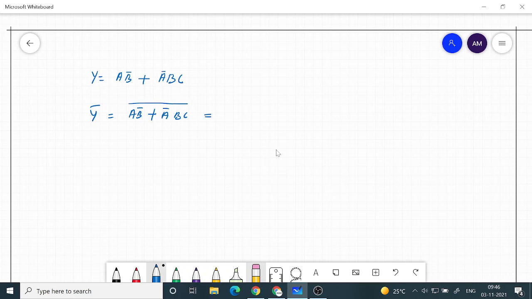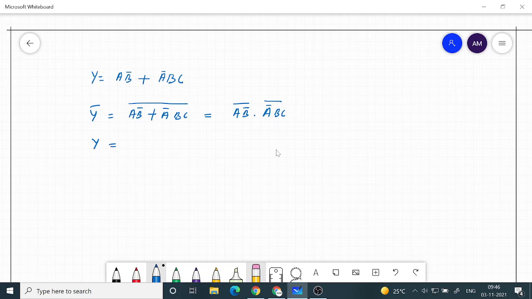So that is equal to (a b bar) whole bar dot (a bar b c) the whole bar.